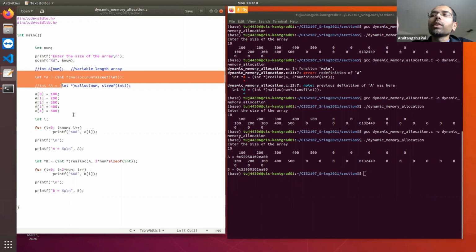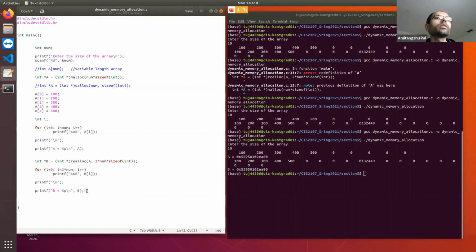Dynamic memory will remain allocated until you explicitly free it. So there is one function called free, which is going to deallocate the memory. So whenever you do not need to use the memory space that you have allocated, you can free it so that that memory is going to be free for use. Okay.